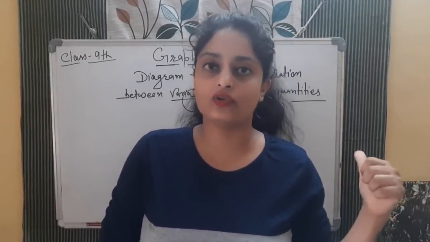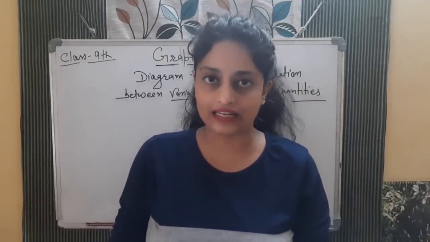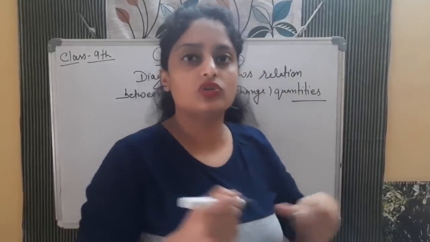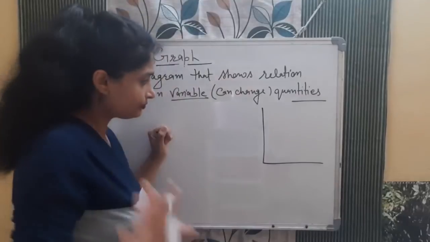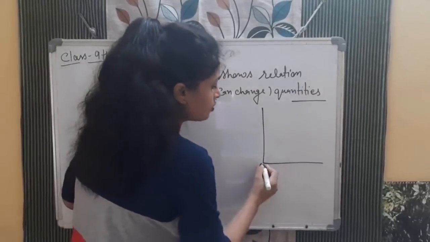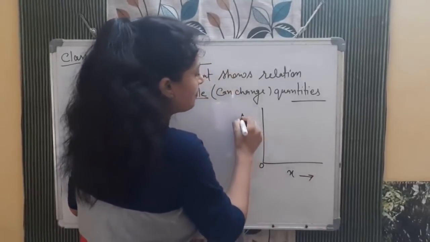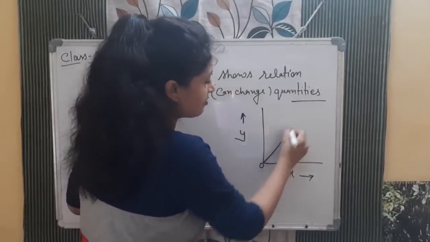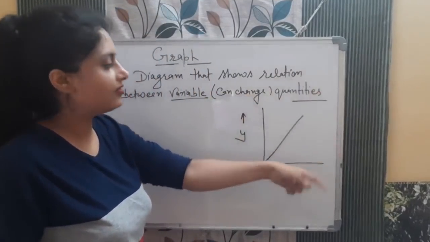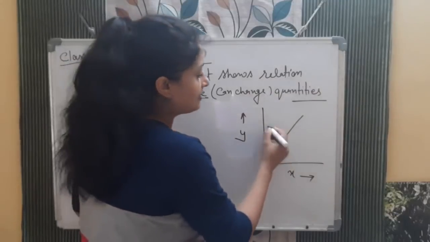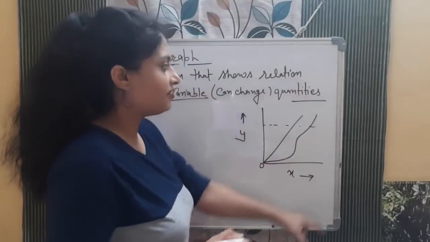So in our chapter, the graph that we will study is about motion in a straight line, and the graph that we are talking about will be a line graph. In mathematics also you studied a simple line graph. This graph has two axes. This is the origin, this side y-axis, this side x-axis, and both are perpendicular to each other. Line graph means a straight line or a curved line, but it will be a line graph only. It can be like this, it can be like this also. These graphs we will study in this chapter.